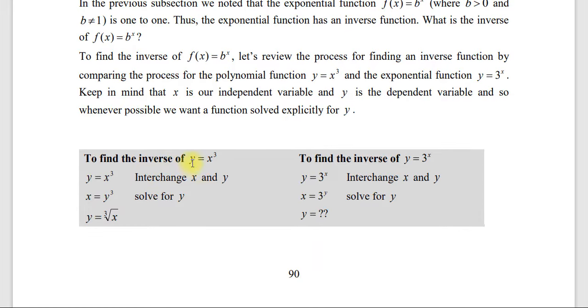Now, to find the inverse of the polynomial function y = x³, እዚህ ጋር ተመልከቱ። y = x³ ነው። ምንድነው ኢንቨርሱን ለመፈለግ የምናደርገው? x እና y ን ማገላበጥ ወይም ማቀየር ነው። ስለዚህ instead of y x እናስገባለን፣ instead of x ደግሞ y እናስገባለን። ስለዚህ x = y³ ይሆናል። So solve for y, እንዴት እንፈልጋለን? y = ∛x ይሆናል ማለት ነው። When we come to the exponential function y = 3^x,